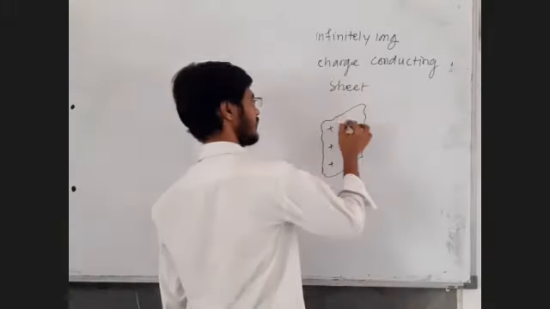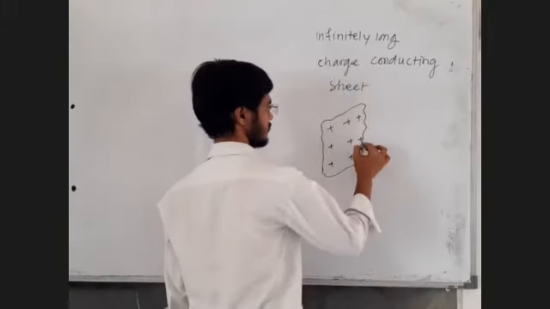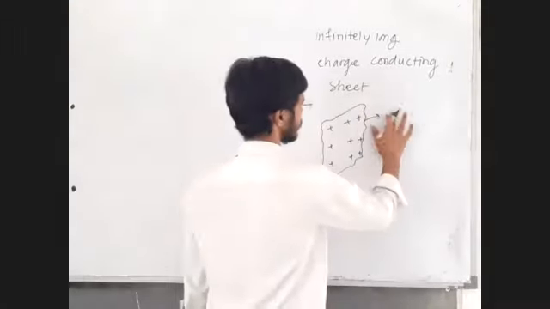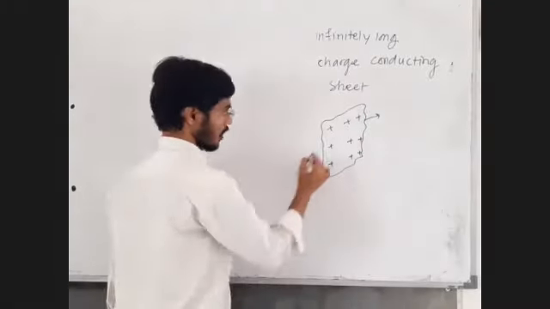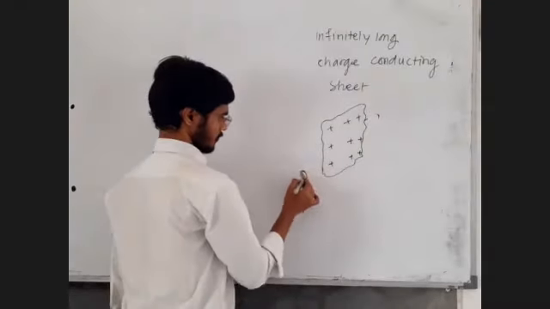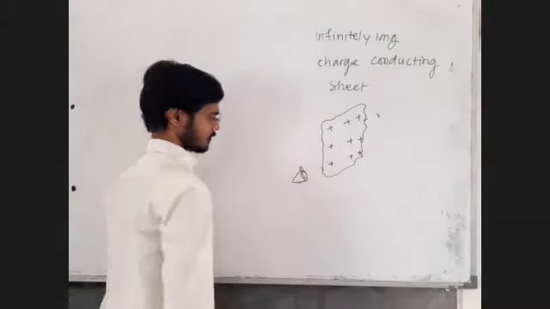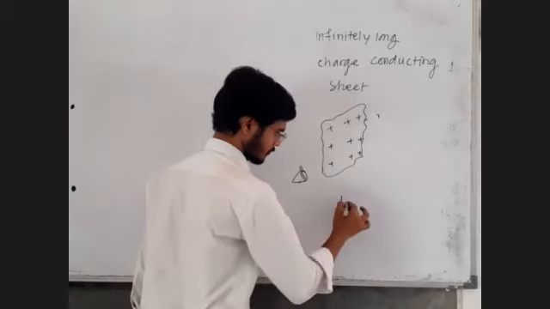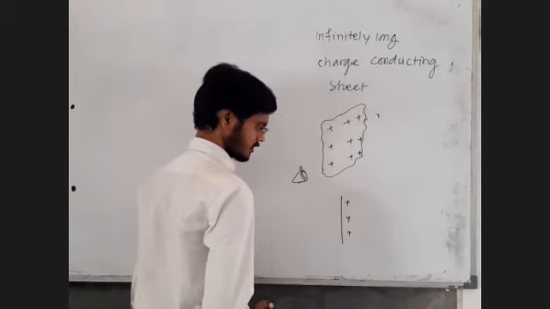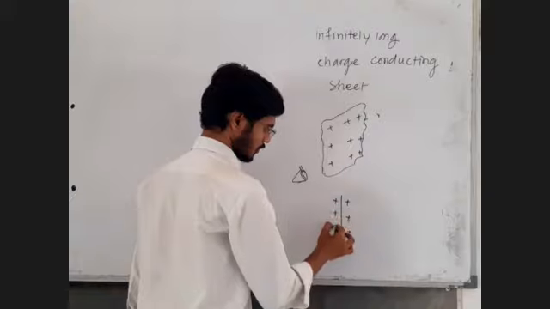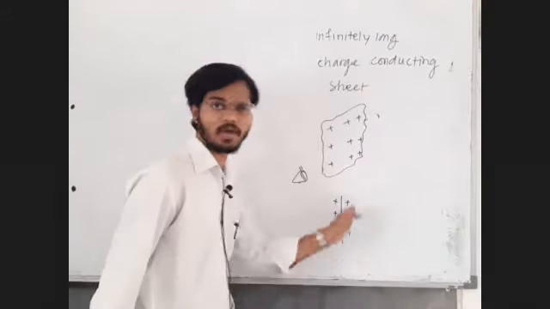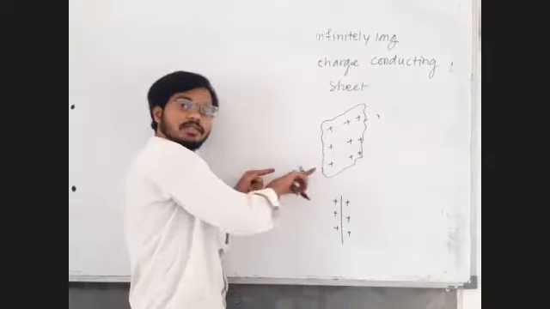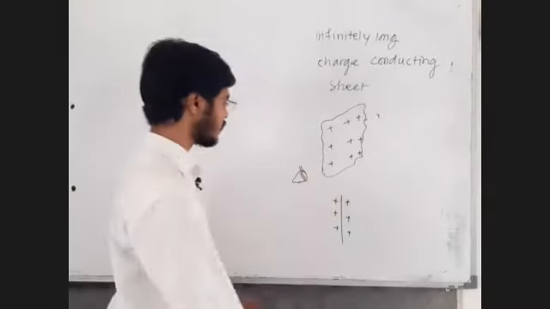At the back there is one layer. Or what we can do, we can observe this conductor from here. What will we observe then? We will observe that this is the conductor, charge is here as well, it is on this side as well. So here one layer of charge is there, here also one layer of charge is there. If you observe this sheet like this, you will see a straight line.